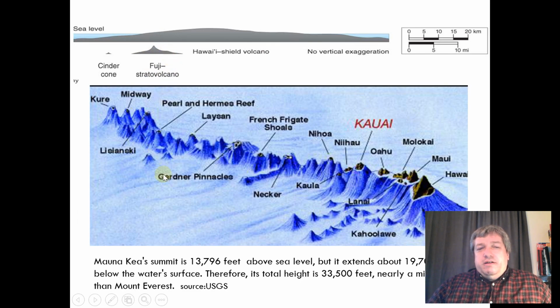Interesting about Hawaii, one thing that, on a side note, that we think of Hawaii as an island in the middle of the Pacific Ocean, but really it is the top of a volcano that is sticking above the ocean. The ocean floor right here is about 20,000 feet down.